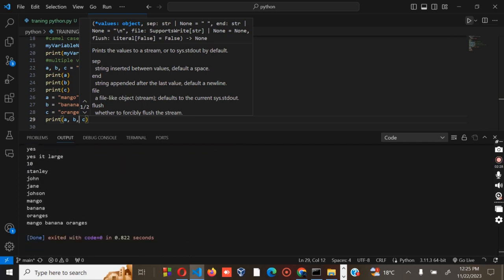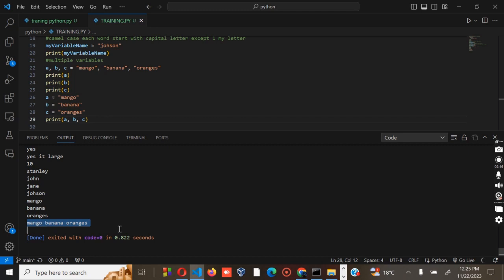So you will find that in the print function, your multiple outputs are always separated by a comma. Whenever we separate with the comma, the results will be separated, as you can see. So we have the mango, bananas, and lastly oranges. If you use the plus operator to output multiple variables, there will not be any space between the variables.